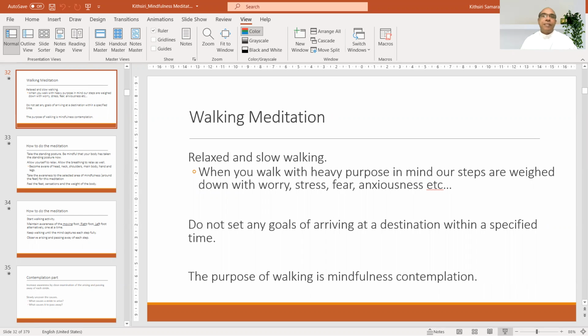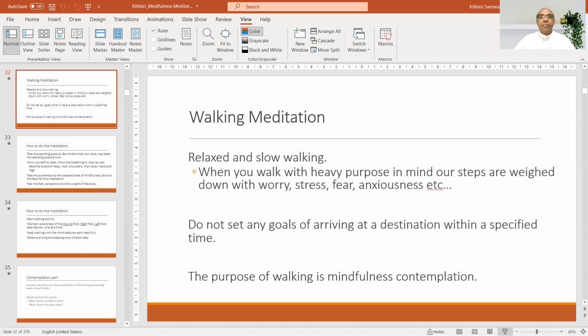As you know, when you walk with a heavy purpose in the mind, a lot of targets, then your steps are also weighed down with a lot of mental worries, stress, fear, anxiousness, that kind of things. So during this meditation, we let the mind be relieved from all these kinds of heavy thoughts and walk slowly